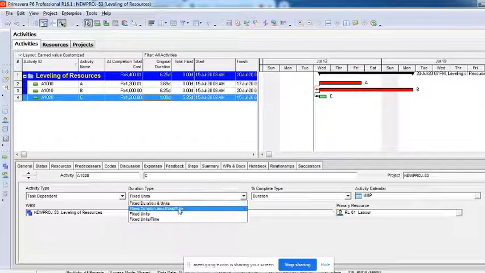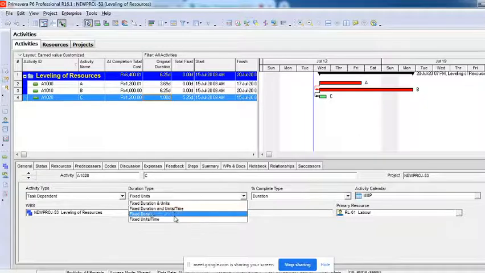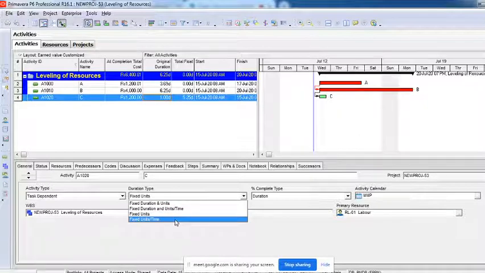Now let's understand the other two. This is not much different. It's pretty similar to what we have discussed till now. When I say fixed units per time, I told you 10 laborers for 10 hours per day, right? Now what if I make 10 laborers work for 12 hours per day for still 10 days? 10 into 12 into 10, right? So 120 into 10, that's 1200 hours of work.